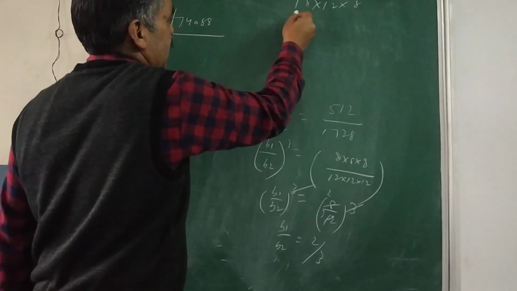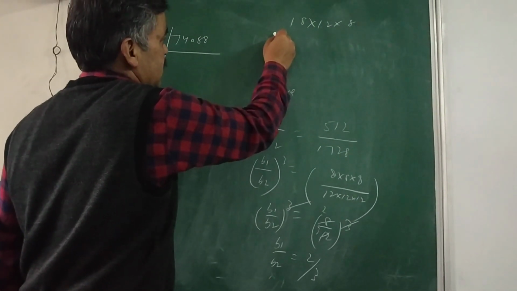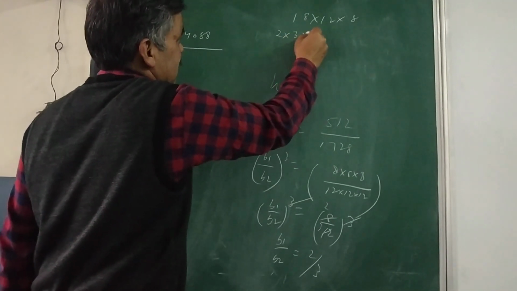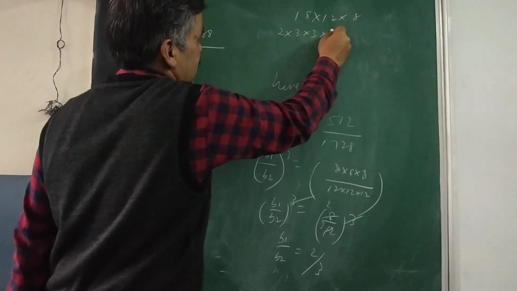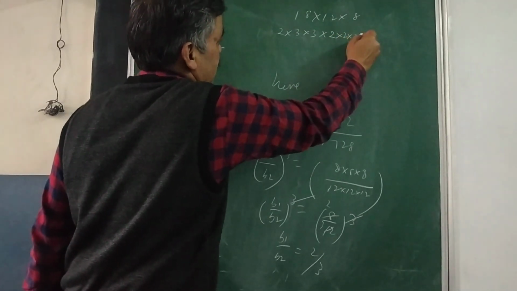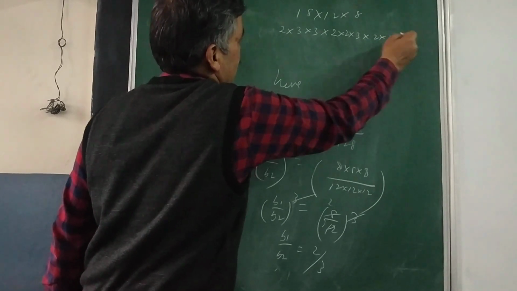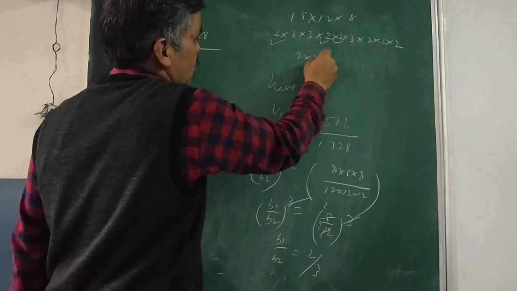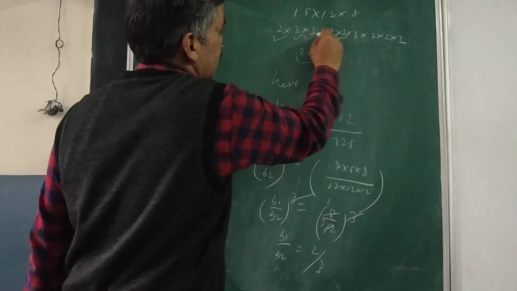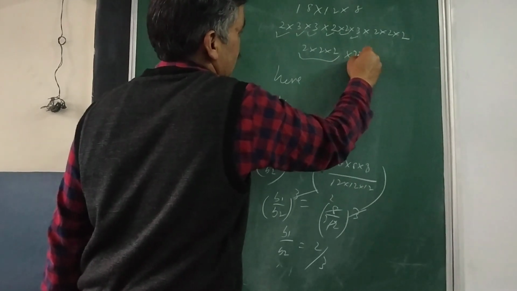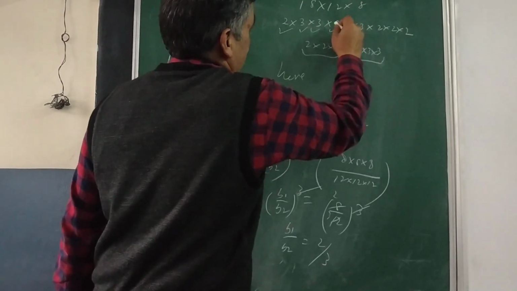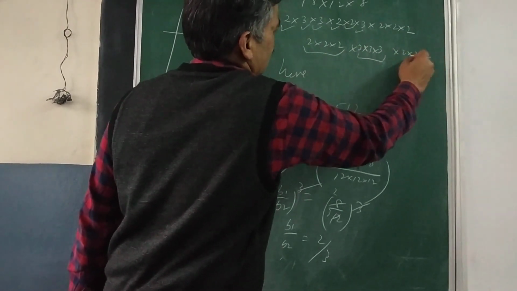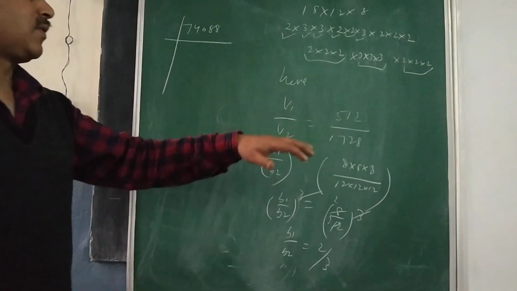You see here, if I multiply, this is 2 into 3 into 3, the prime factors of 18, and then 2 into 2 into 3 for 12, and 2 into 2 into 2 for 8. This is the volume of the cuboid. Now you see, triplets I am getting there. 2 into 2 into 2, it is a perfect cube. 3 into 3 into 3, again it is a perfect cube. And the third triplet left is again 2 into 2 into 2. So there is no scope to add anything to make it a perfect cube.